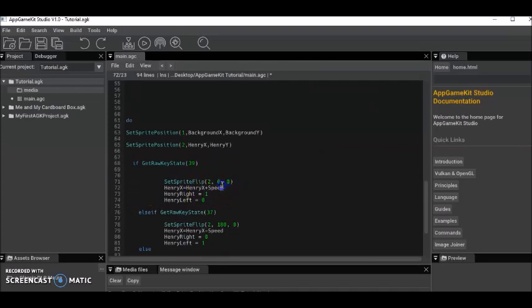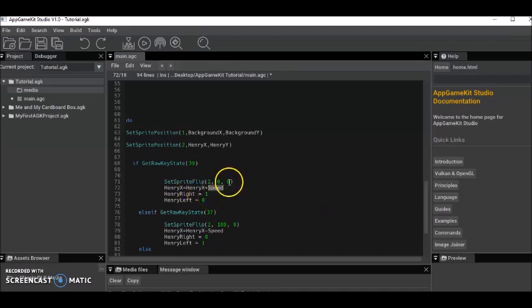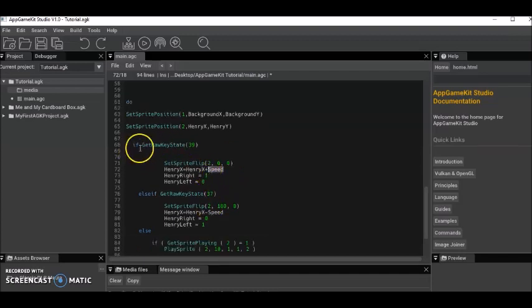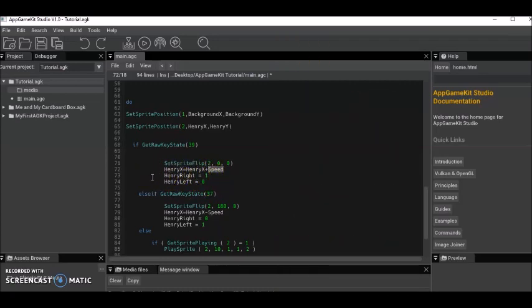You know, instead of putting speed, we could have just put 3 here and it would have done the same thing. But it's better to work with variables when you deal with computer programming, in case you need to change this stuff. And then, if the right arrow key is pressed, that means our player is facing the right direction. So 1 means true, 0 means false. So when our right arrow key is pressed, that would just set Henry facing to the right to true, and